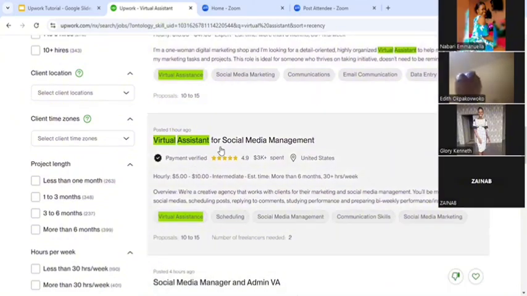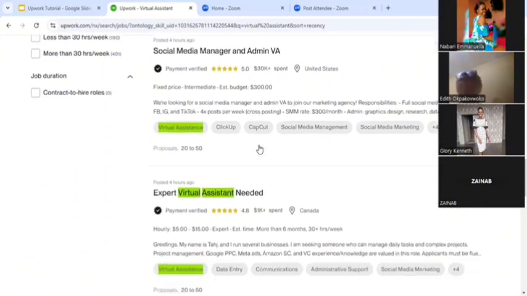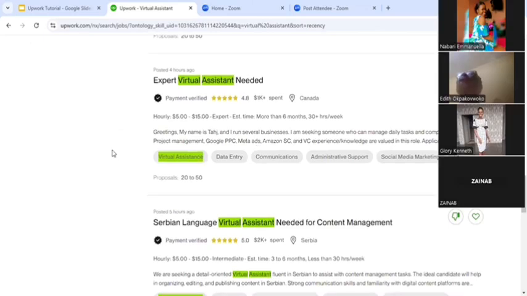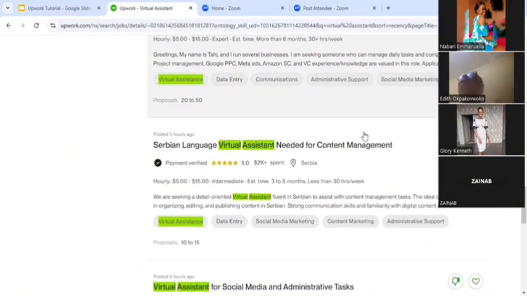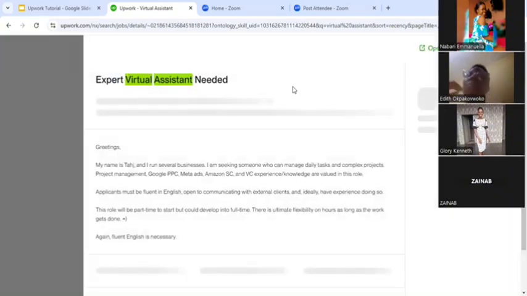Now this one says, okay, social media, no, let's leave this one. I want another type here. Now this one they said expert virtual assistant needed. Now look at the skills: virtual assistants, data entry, administrative support again. So I believe that you've already seen that these ones have to be there if you're working as an admin VA or data entry VA, so that when the client is